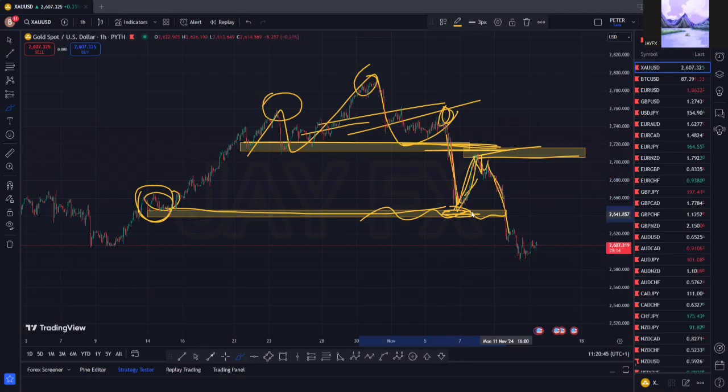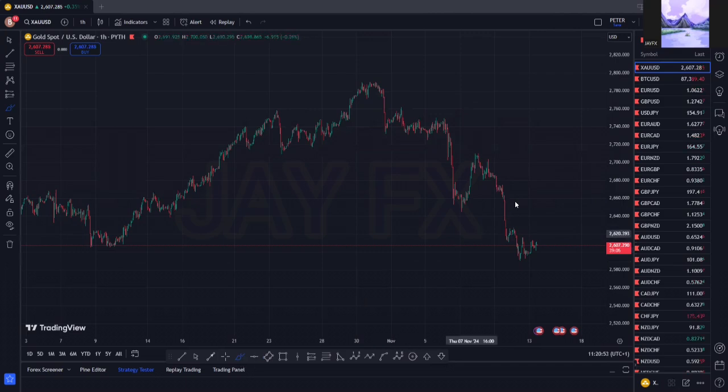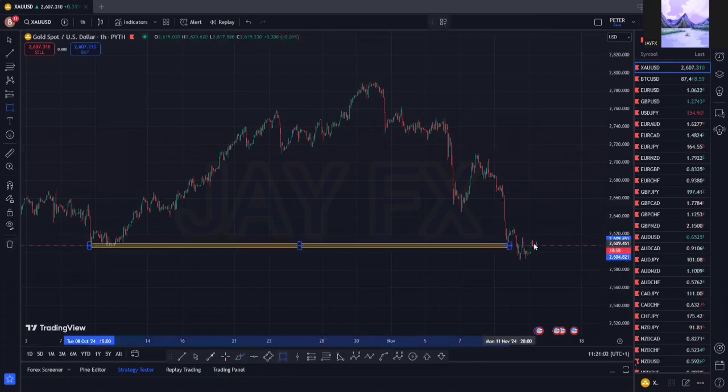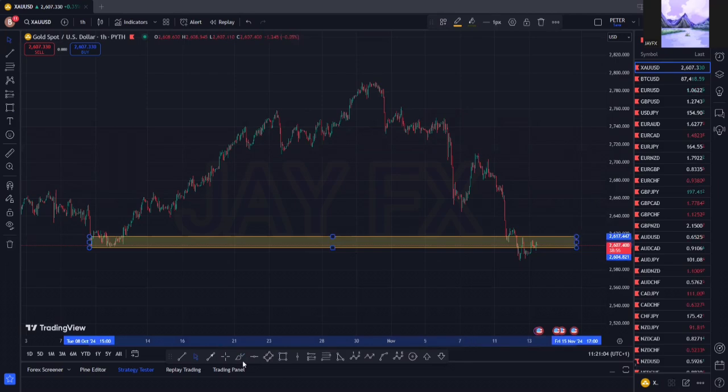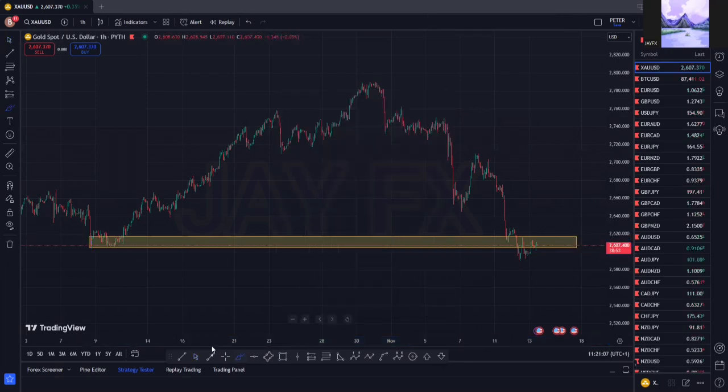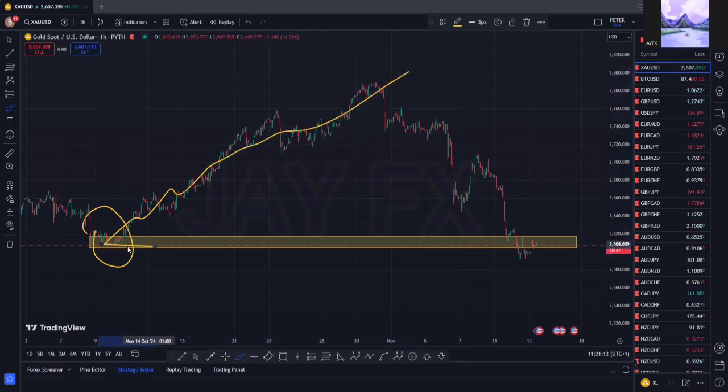This was the previous supporter, and you can see that it breaks it with a stronger and more powerful candlestick, a bigger and longer one. So this is what I think is gonna happen to this level also. This level is the mother of this uptrend that you see, the supporter that pushed this gold up. So there's no way gold can just come and break it like nothing happened and go down like that. It's impossible.